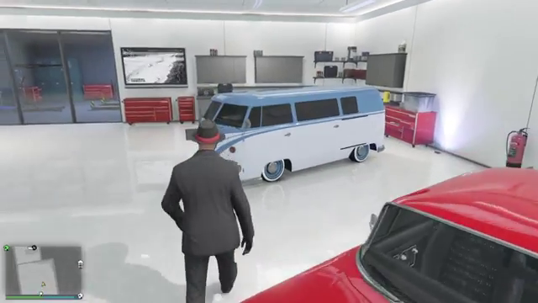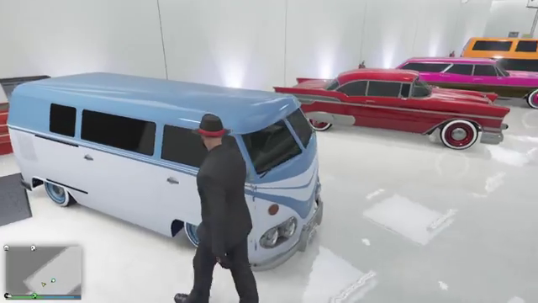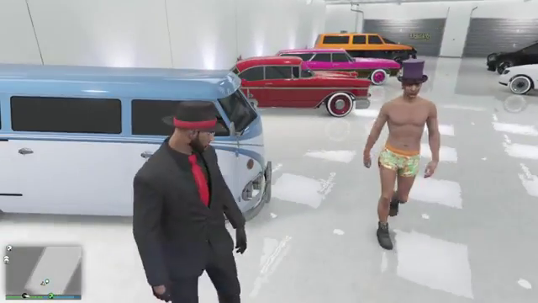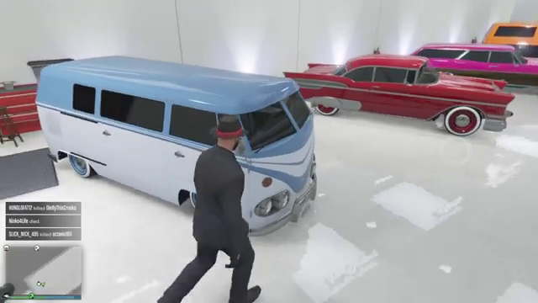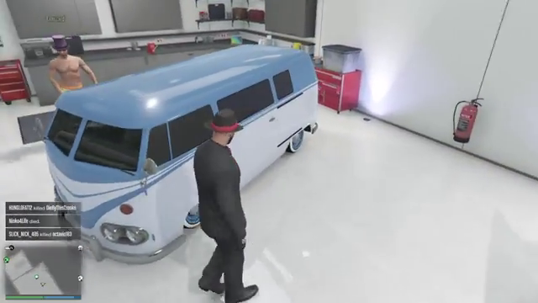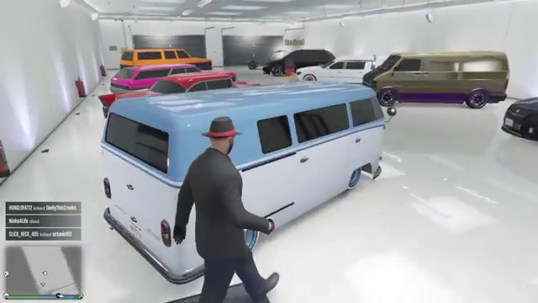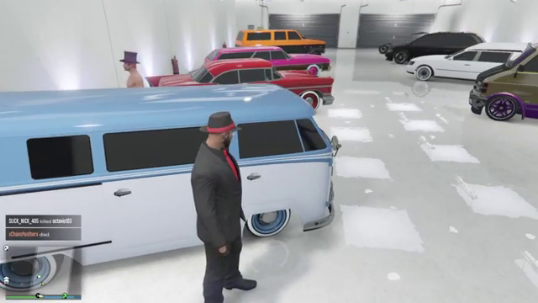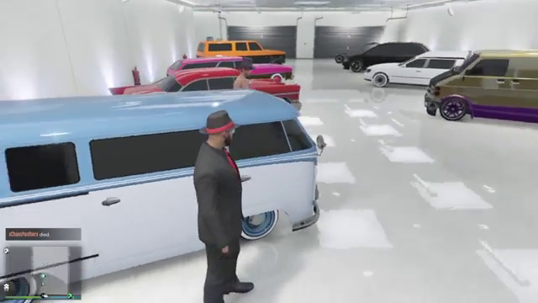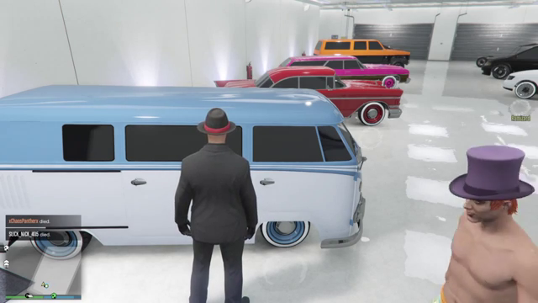So, we're moving on. We got the BF Surfer. Why this vehicle's in this garage is beyond me. I've never seen him drive it. I didn't even know he had one until now. But the BF Surfer has been in a lot of GTA games. The Surfer in itself is a nice little van. There's this version and then there's the junkie version. Now, the junkie version I do not recommend. This version I do. If you want to just drive around,